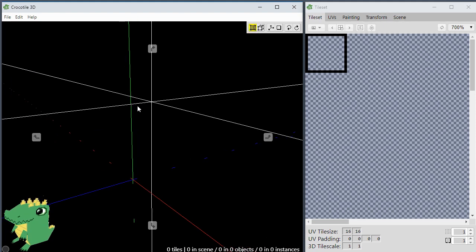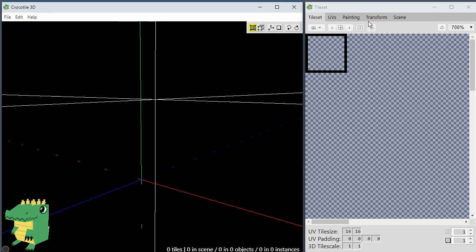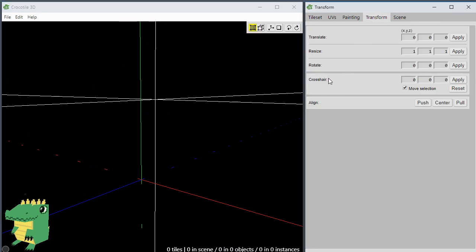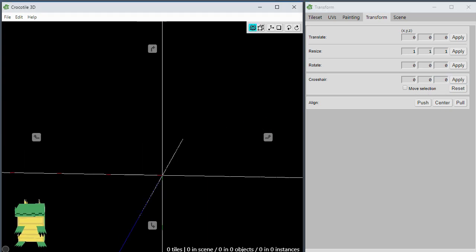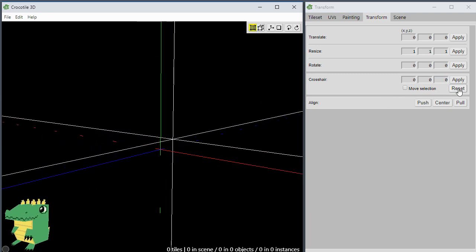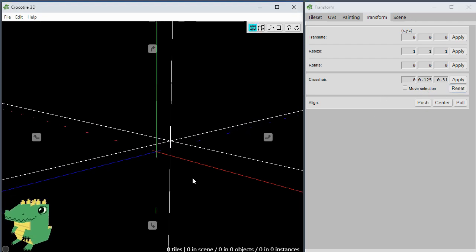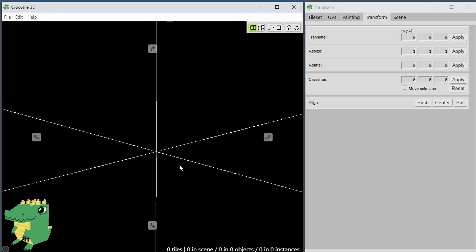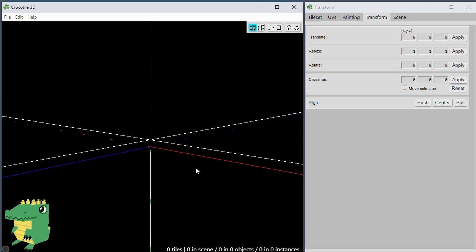Also notice my crosshair is off from the origin point. If you want to manually set where the crosshair is, you could go here and type in the coordinate, then uncheck that if you don't want to move anything that's currently selected, and just hit apply, and it'll move the crosshair to whatever position you've put there. And also you can get the position where it's currently at by hitting reset, that sort of thing. So I want to create this character,